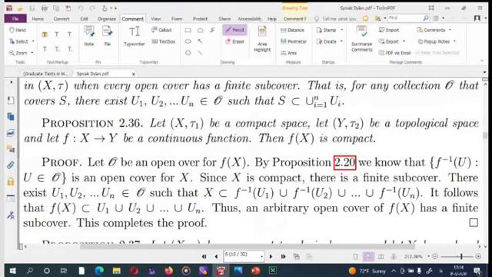And its proof is very easy, because for compactness of this set,